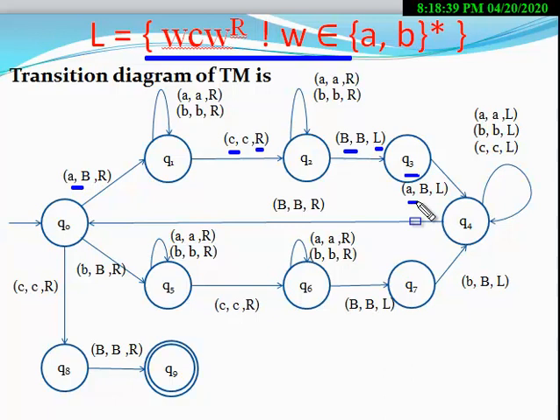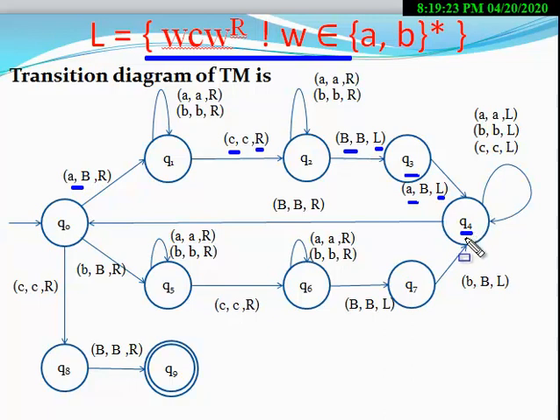If the last tape symbol is small a, then the machine continues. That is, the machine goes to state Q4, because here we remove the tape symbol small a. You have to match this symbol with this symbol. At the state Q3, as soon as the tape symbol small a appears, the machine replaces small a by capital B and moves in the left direction and goes to state Q4.